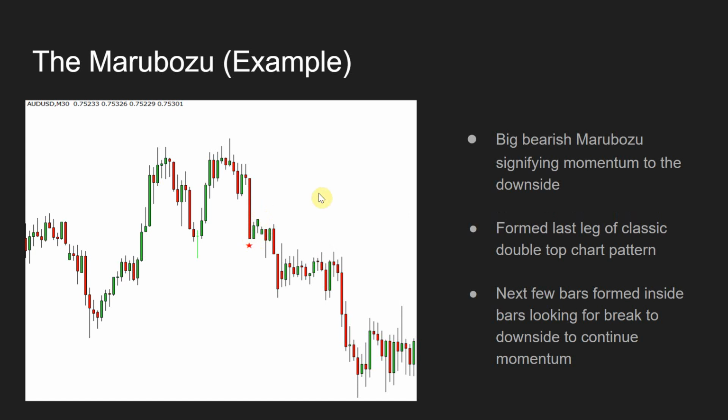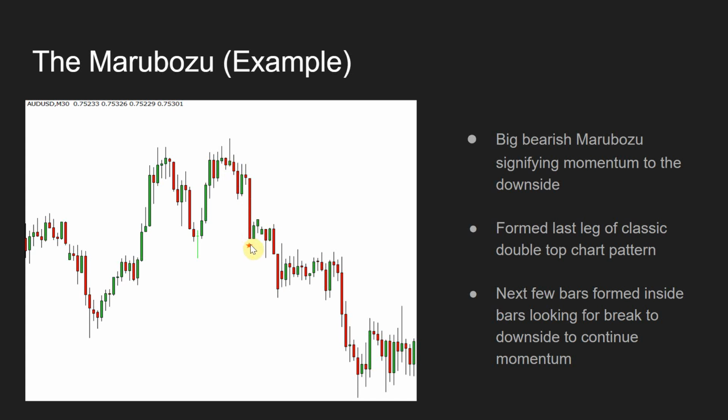And as we learned in the previous series on the inside bar, the more inside bars that you get, the stronger the potential breakout, in this case the downside, what we're looking for. So we've got three candles which are classified as inside bars, because this fourth one did break, even though it closed just outside the Marubozu bar, and it would be at this close where we would look to take a short position in this trade,